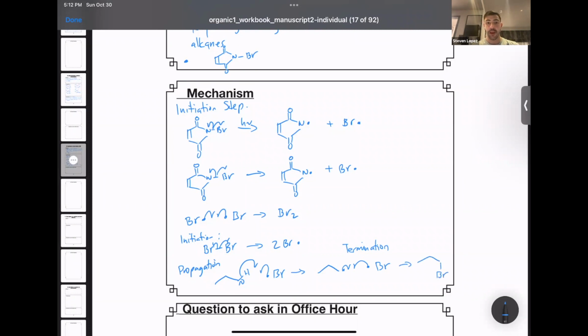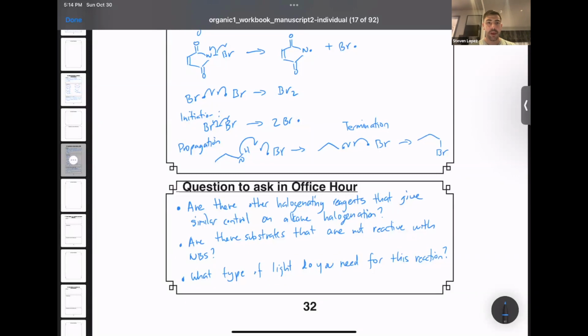This mechanism describes how we first generate molecular bromine, and then bromine, now that it's formed, can undergo this more controlled reaction. And the reason that this is more controlled is because the NBS itself first has to react to generate the bromine radicals, they combine, and then with this relatively small concentration of bromine radicals, this can then go on to brominate this alkane and any other kinds of alkanes that we've discussed in class.